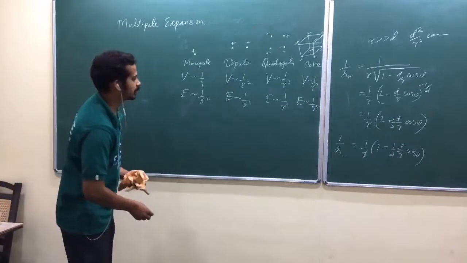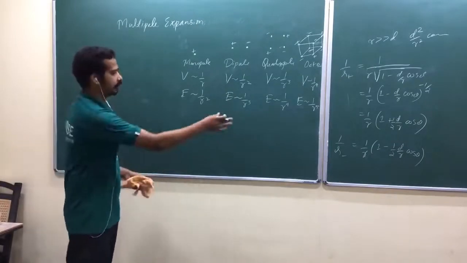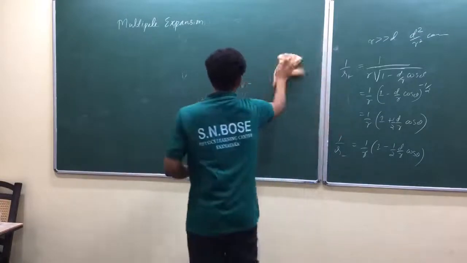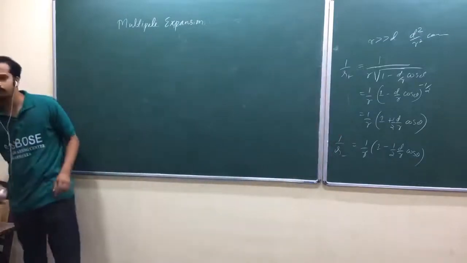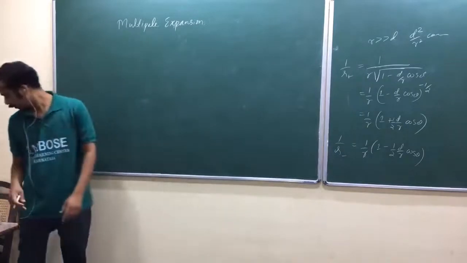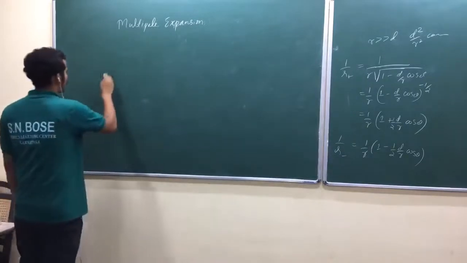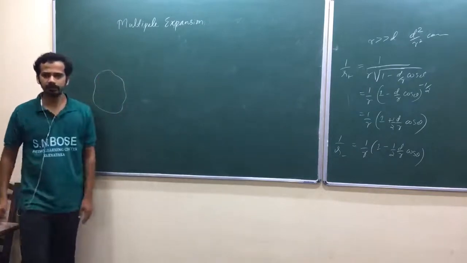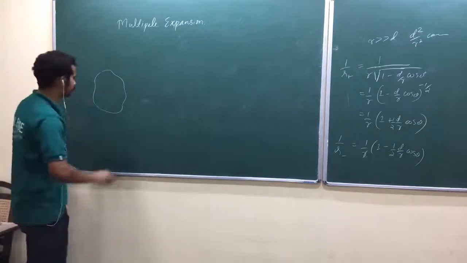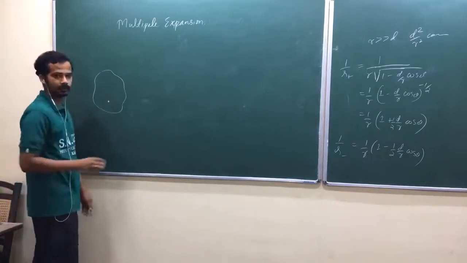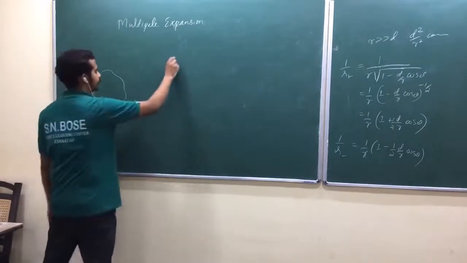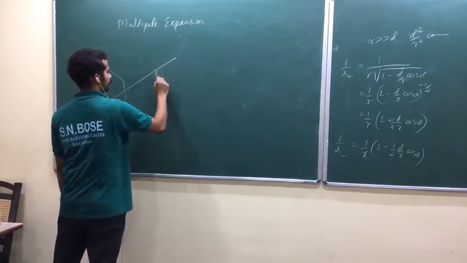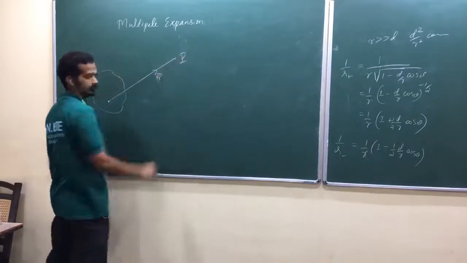Now, whatever we derived here was for a very specific problem, two charges, plus and minus. Now what I do here is take one general charge distribution. Volume charge distribution is the most general one, and I'm going to choose some origin somewhere here. I'll take some point P, the point of interest, at r vector. Is that okay?